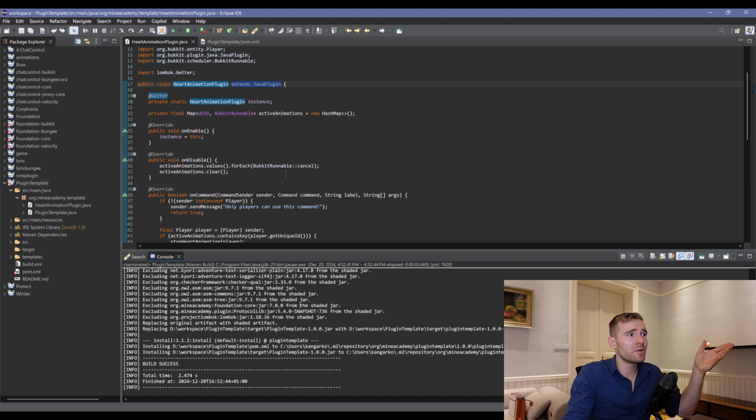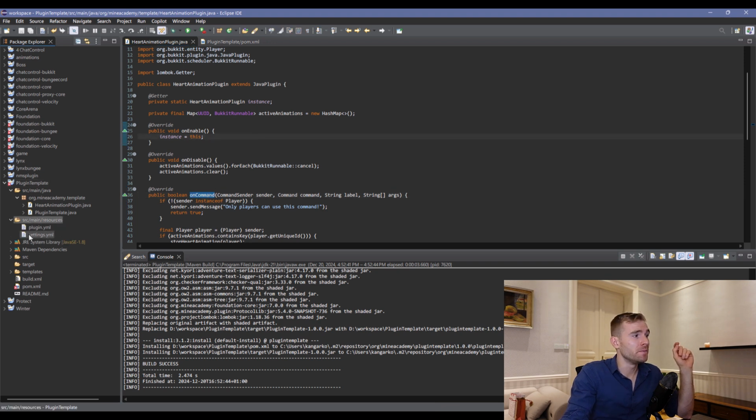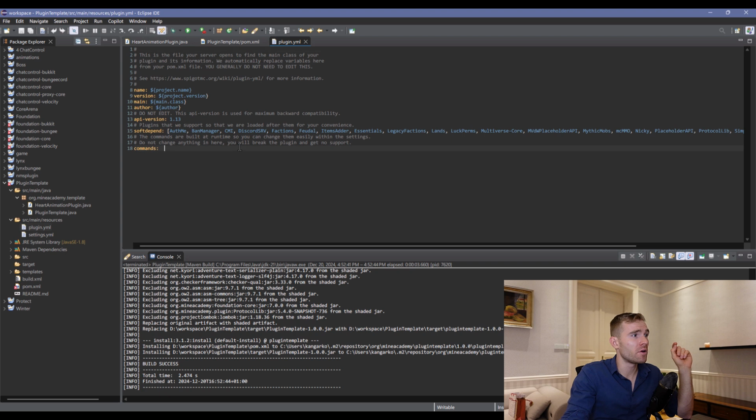Now, there we go. ChatGPT has actually missed a critical feature of making this command work, which is quite sad. I'm just making this more for a beginner audience. So to make a new command, you can just edit the pre-made plugin.yml. I'm just gonna type heart here, and that's all you need. It's a bit of a trick. You can put more stuff here, but you absolutely don't need to.